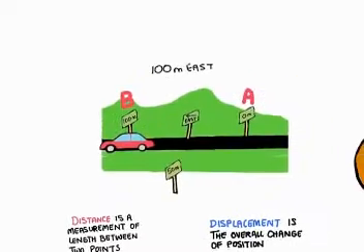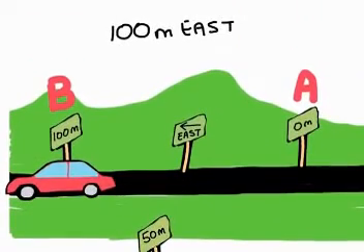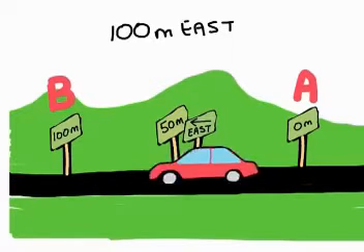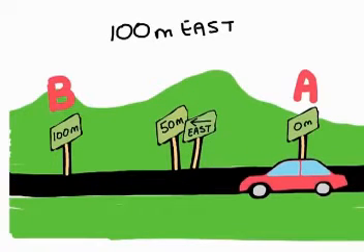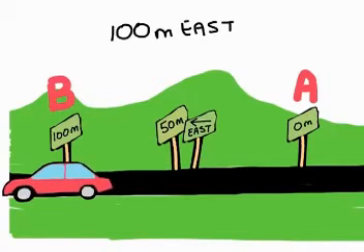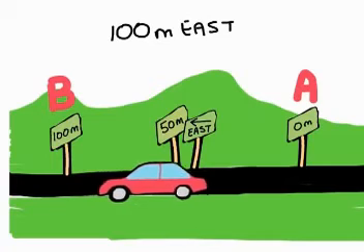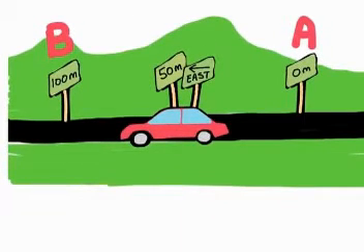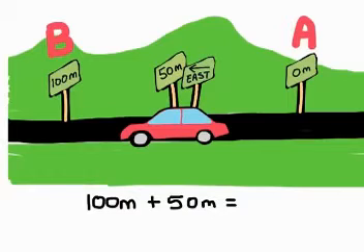Let's add another road sign here in our example. So if we add this extra midpoint road sign, it'll bring our car back to the point A. And if the car travels from point A to point B, and then just backs up here to the center, let's see how far it traveled. Now it's traveled a distance from point A to point B of 100 meters, and then it traveled an additional 50 meters for a total distance of